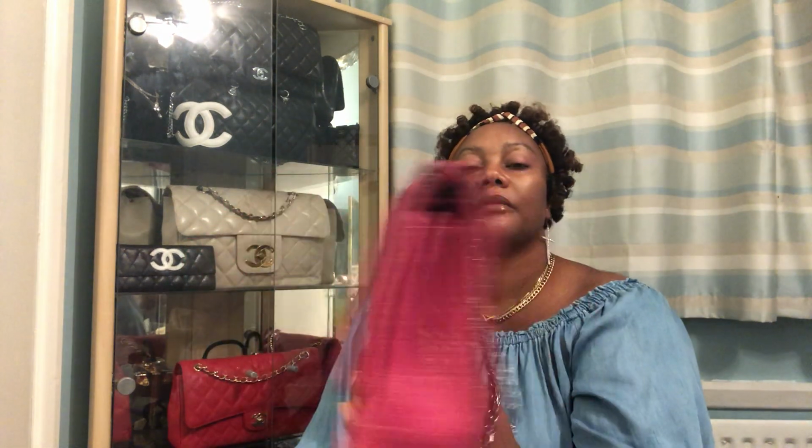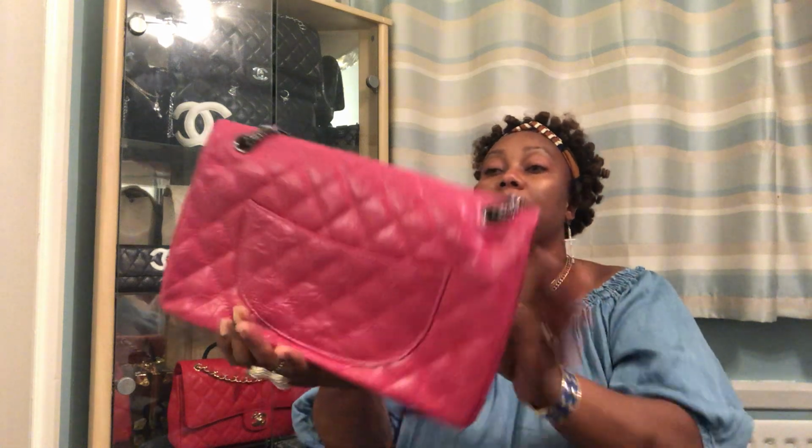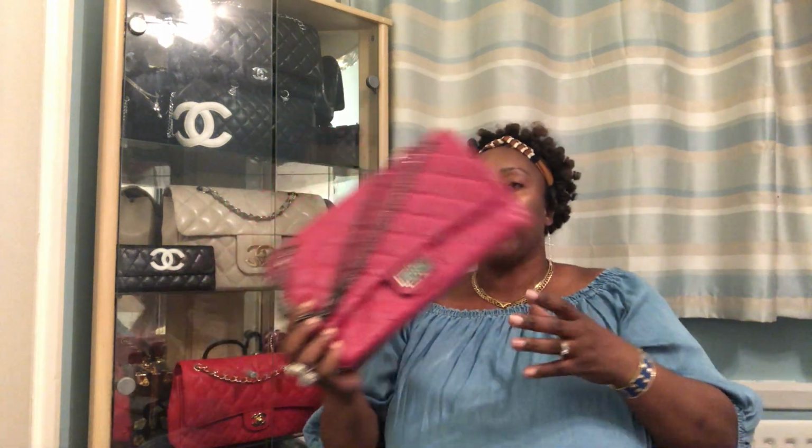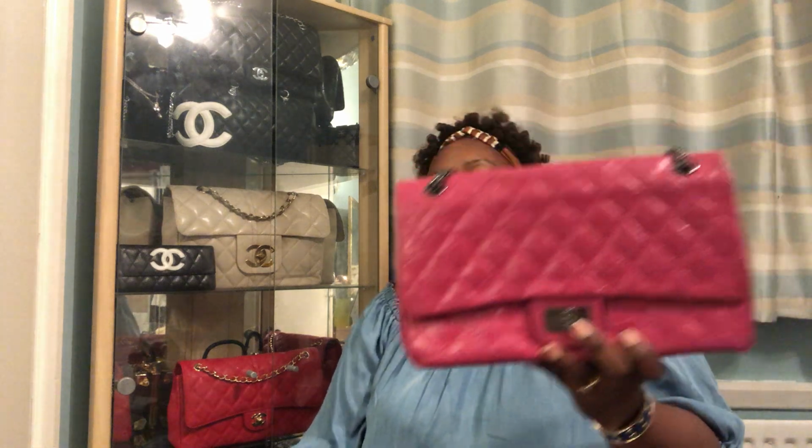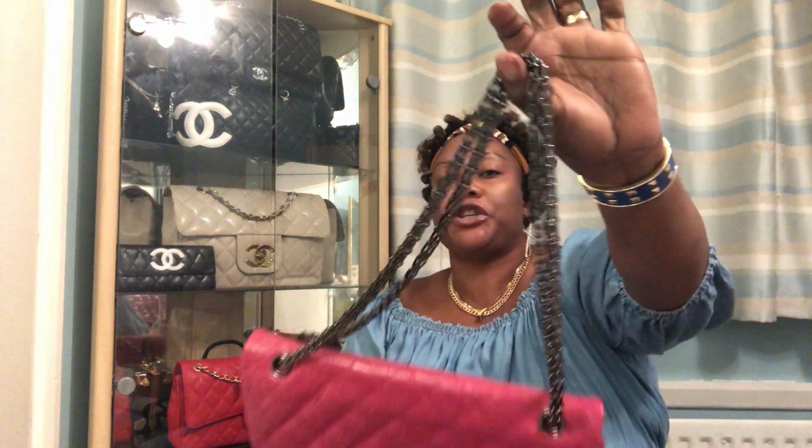But it's distressed leather, calfskin leather, it is real leather. So I am donating this bag. But actually the reason why I bought this bag, I didn't want to use it because I knew it was an inspired bag. So the reason why I got this